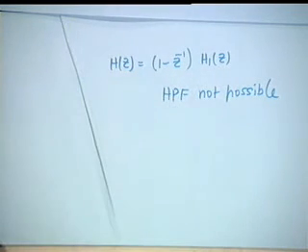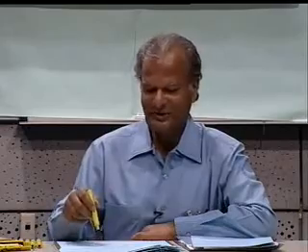Therefore, type 2 filter has the limitation that it cannot be used for design of a high pass filter. This restriction is not there in type 1 filter. We shall see tomorrow that for type 3 you can neither get a low pass nor a high pass. It can only be used for band pass and band stop. And type 4 is the other end or the mirror image of type 2.